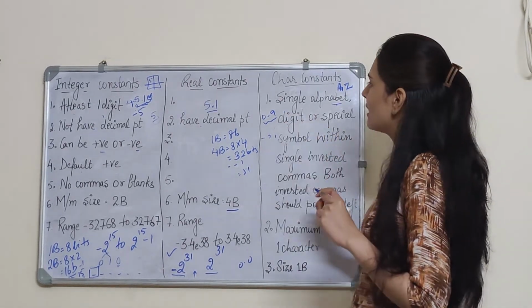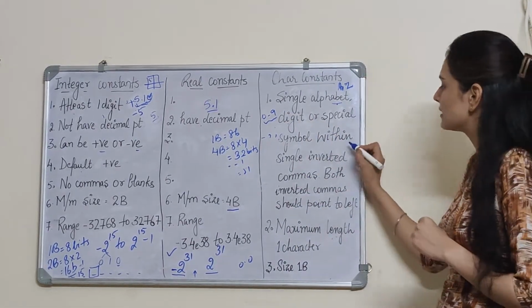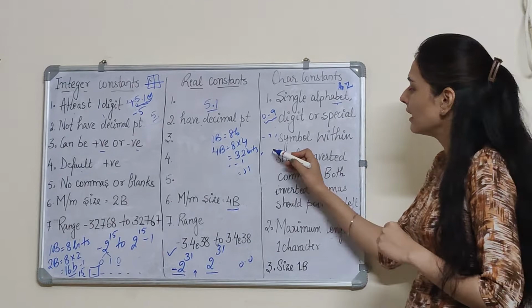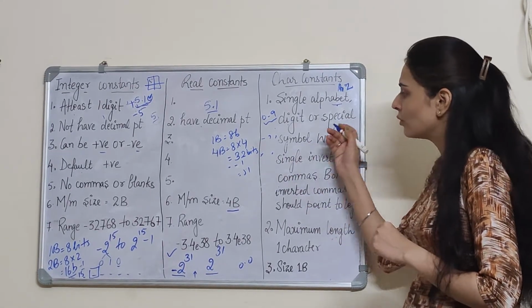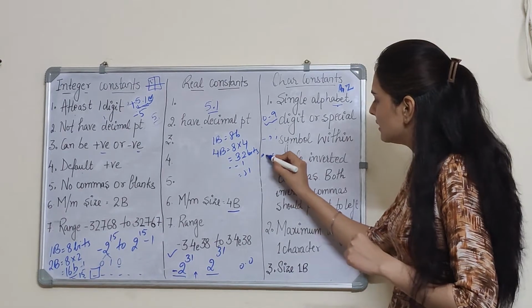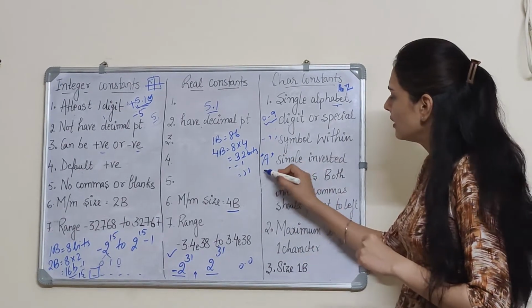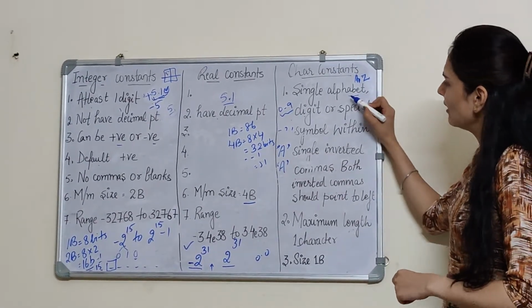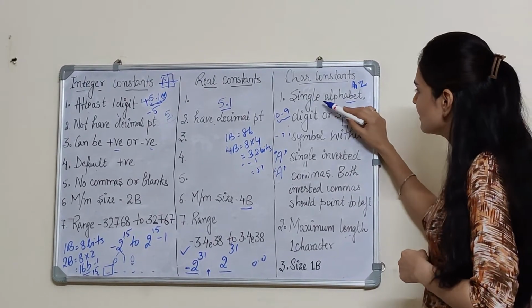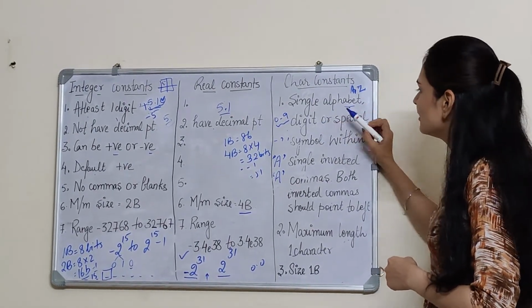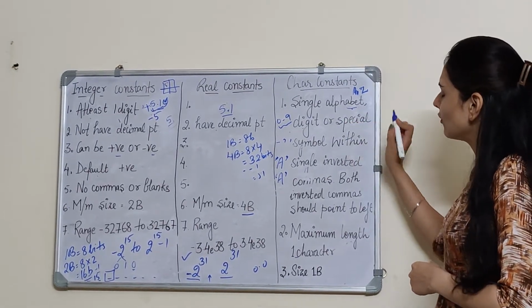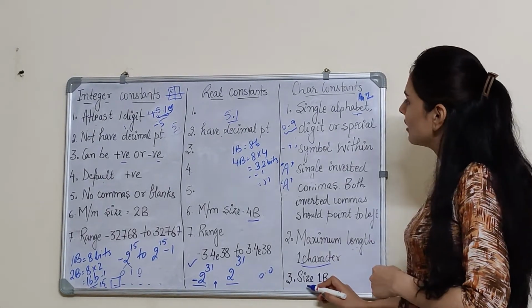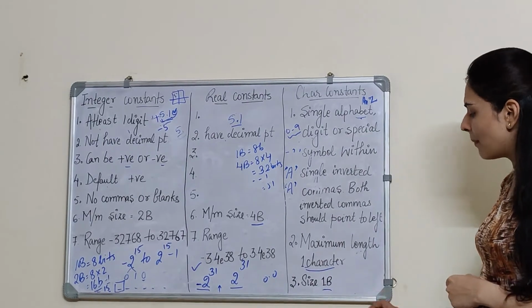Then any of these values, if I want to define as the character constant, then it should be included within the inverted commas. That too, that inverted comma should be inclined only to the left direction. That means this is a valid character. However, this is not a valid character. Now, we have already seen that in the character constants, there is either single alphabet or single digit or a single symbol. So the length of constant, we can say that it is only one character. Now the size that a character value acquires is 1 byte.